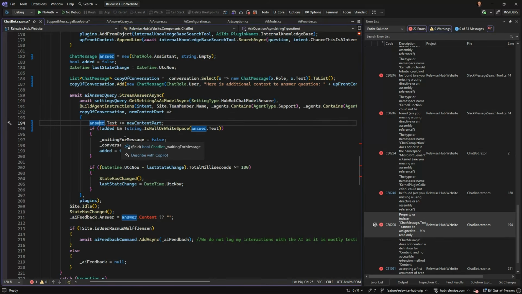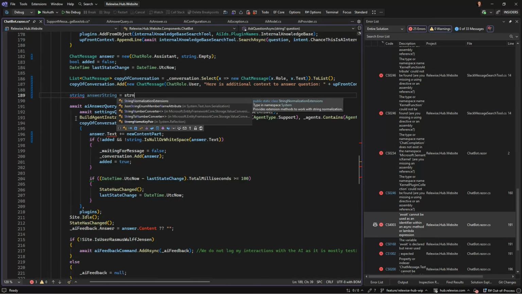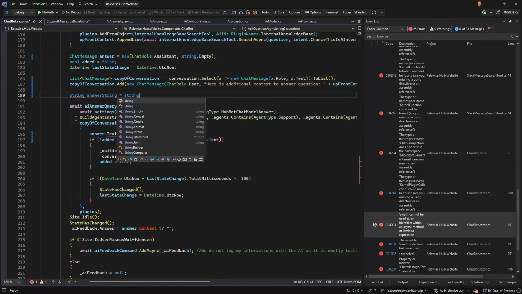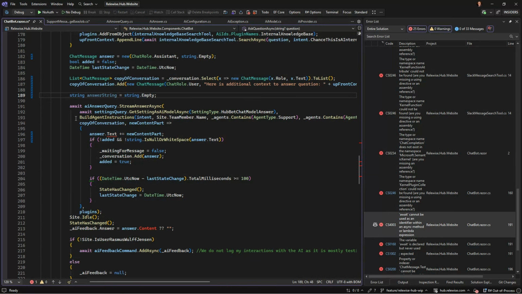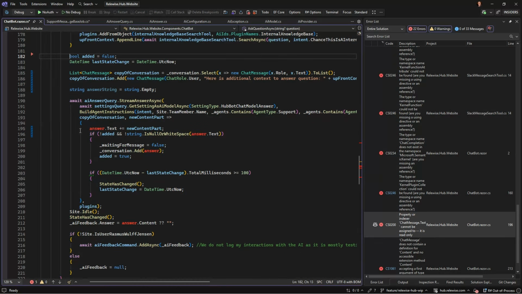What are we gonna do here? Guess we're just gonna build up a string. Like this, string.empty. This would probably be easier if I had the 18 thread, but I'm not gonna try and see if I can get in there.